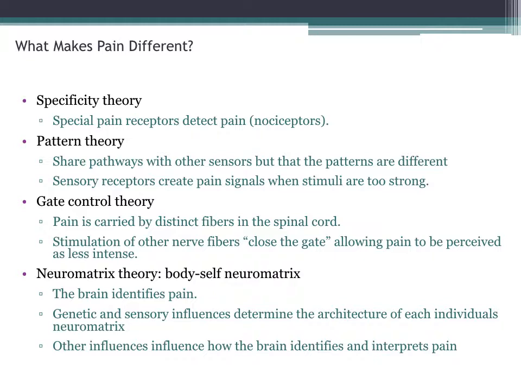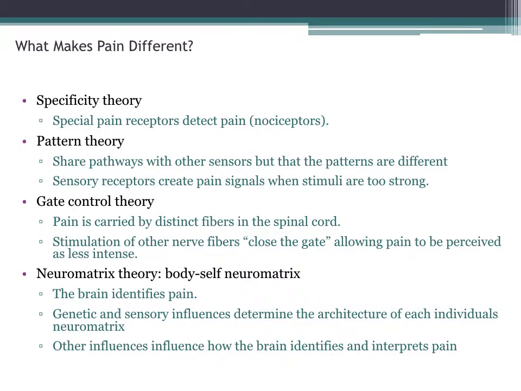More recently, the same author has come up with this neuromatrix theory, or the body self neuromatrix, which basically says that pain in and of itself is no big difference than any other sensation, except that when that information gets to the brain, the brain identifies it as pain, and that there's a genetic and sensory influence that determines the architecture of each individual's neuromatrix, and that neuromatrix, because of those genetic and sensory influences, influences how we interpret